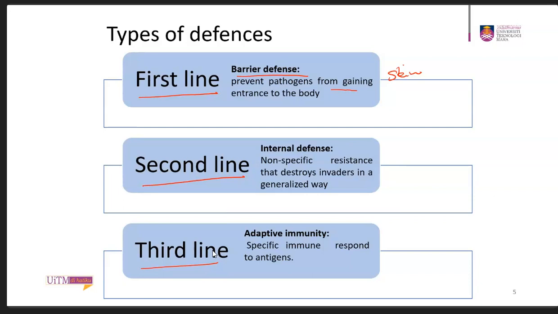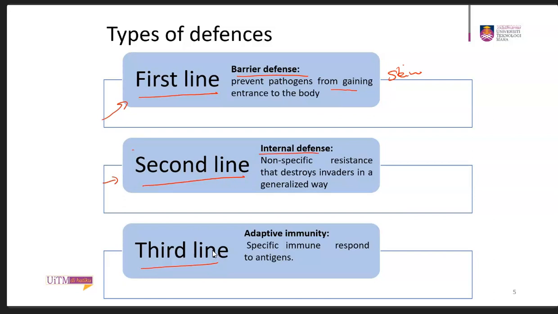The tears that the eyes produce also function as the first line defense. Okay, or any secretion from your body. Secretion from the outside of the body functions as the first line defense. So the virus or the pathogen has to encounter the first line defense before it enters into your body. So if the pathogen manages to breach the first line defense, it will encounter the second line defense or the